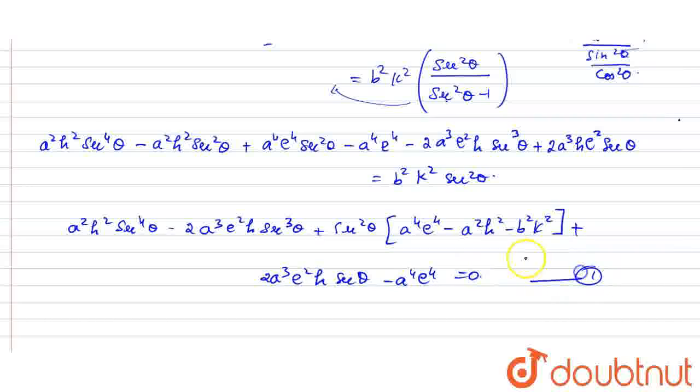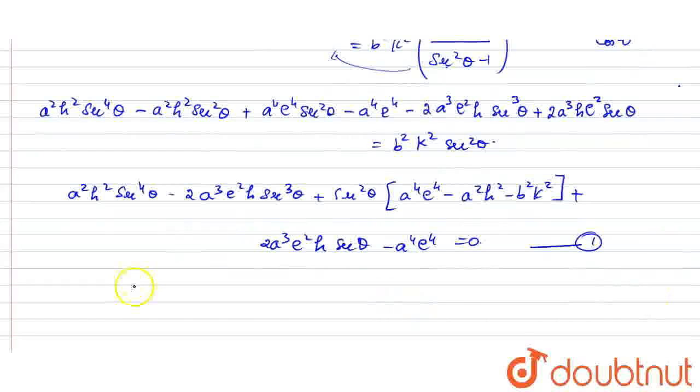So I'm going to take this as equation 1. That means I have arranged it according to the secant power value: secant power 4, secant cube, secant square, secant and constant term. Okay, students, next,